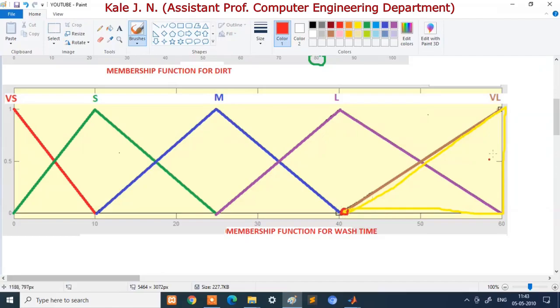This is the first point defining this triangular membership function, this is the second point, and this is the third point. What are the x coordinates of all these points? See, here the x coordinate is 40, then here it is 80, and the x coordinate of this last point is again 80. So this triangular membership function corresponding to very large wash time is defined by three parameters: 40, 80, 80. Now let's put the same parameters in MATLAB.